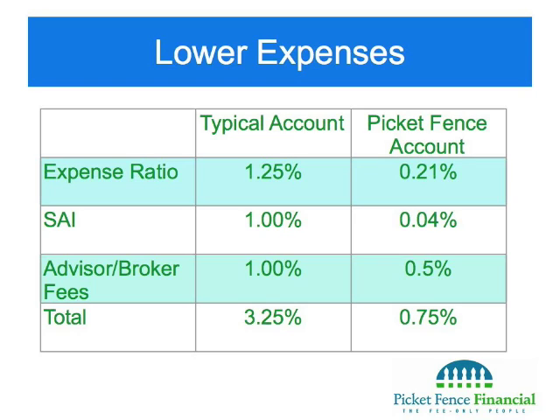Now let's say you're also hiring an advisor or broker. Now he may charge an upfront commission of 5.25%, but a lot of people now are going to what they call wrap fees, where most of these advisors are charging 1 to 2%. For this example, let's just say it's 1%. So your typical account, your typical investor is paying 3.25% for their expenses.